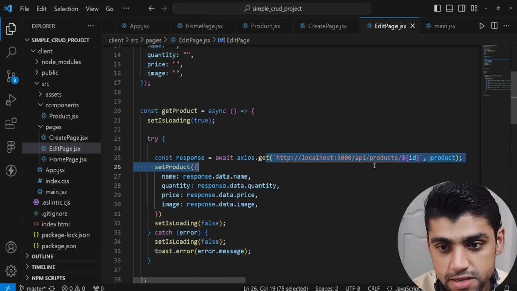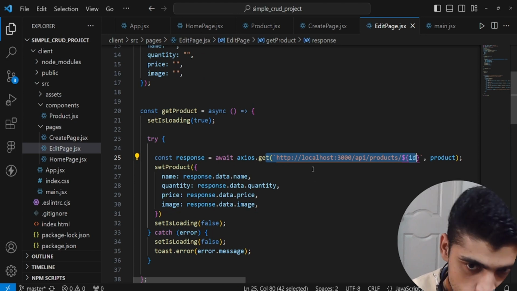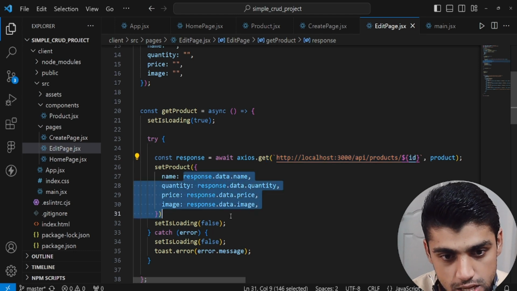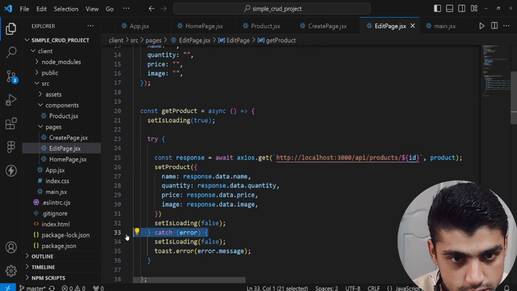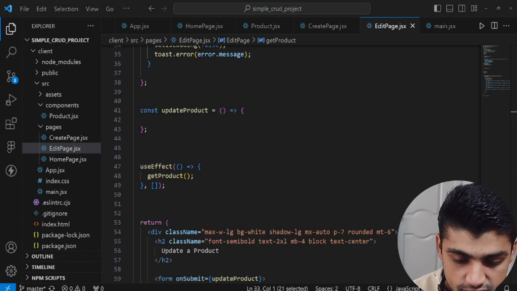So over here, we have this Axios code. We have http://localhost port 3000/API/products, and then the ID, and then it sets it. But this is just getting it. Now we're gonna have to implement it. So